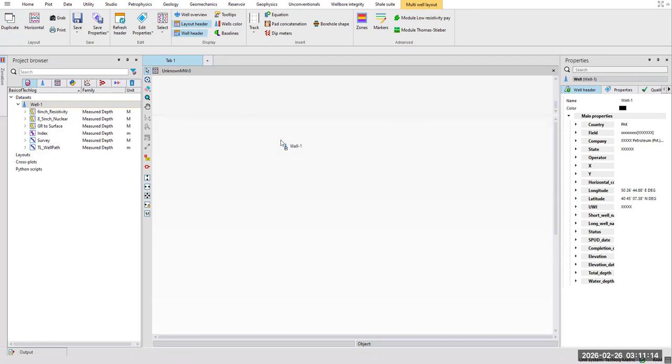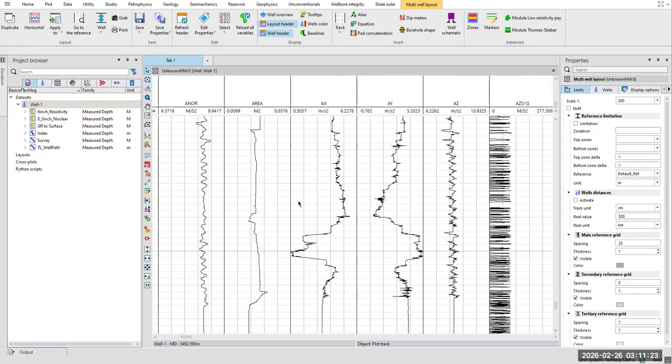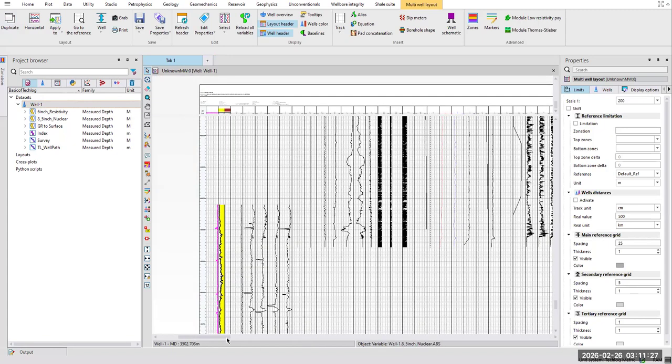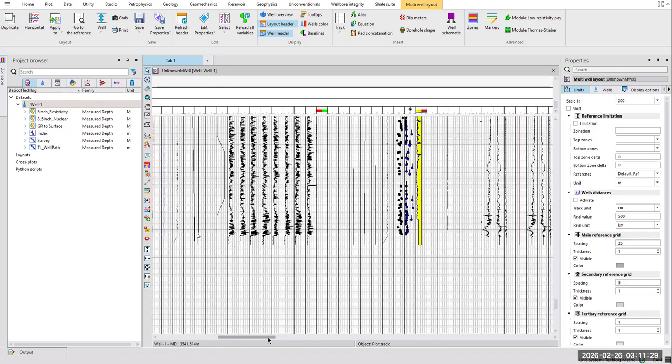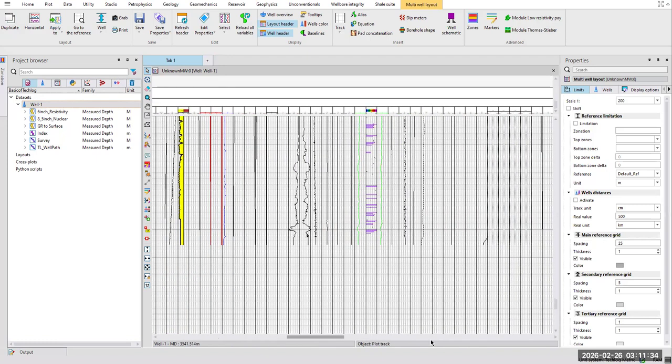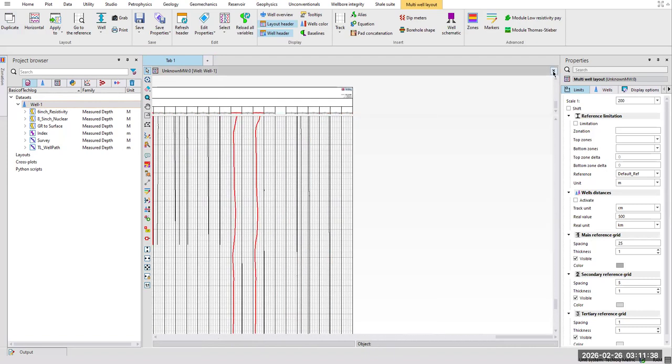So let me show you that. So if I drag the whole well, just click and drag, you will see there is a lot of data. Let me zoom out and I'll let you know how to zoom out and zoom in and change the scales. So you can see everything gets plotted, and we don't want to see it this way. We want to use a different format, and maybe we want to plot only the GR or the resistivity. So I'll close this window